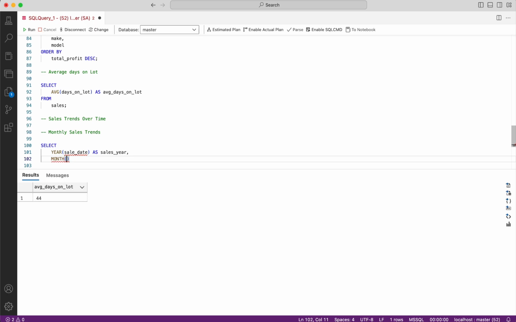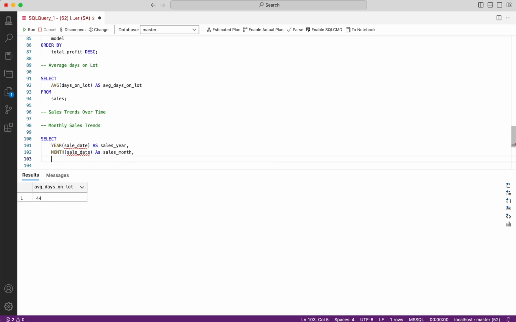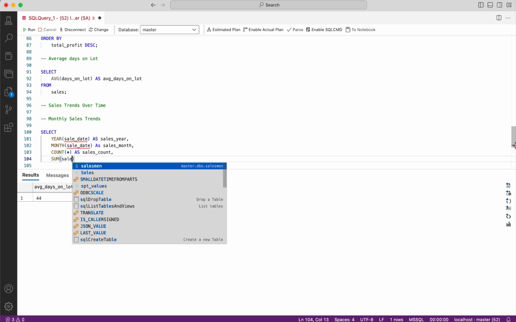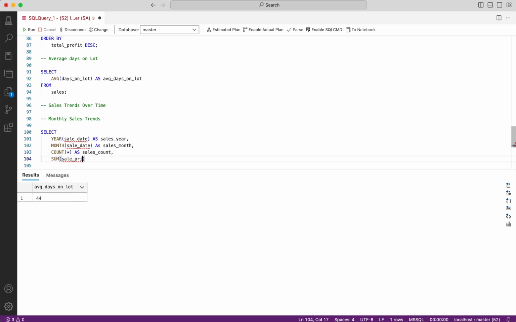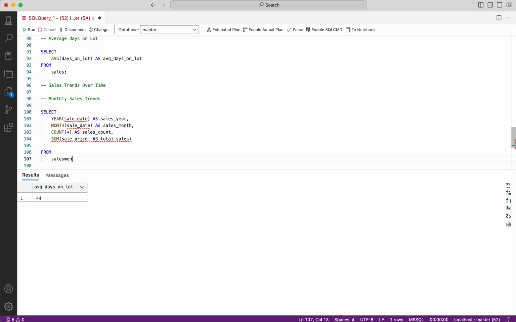So we're going to look at year and month. Give them each an alias, and we want to count all transactions to have a sales count, and we want a sum of sale price as total sales. It's going to be from our sales table,